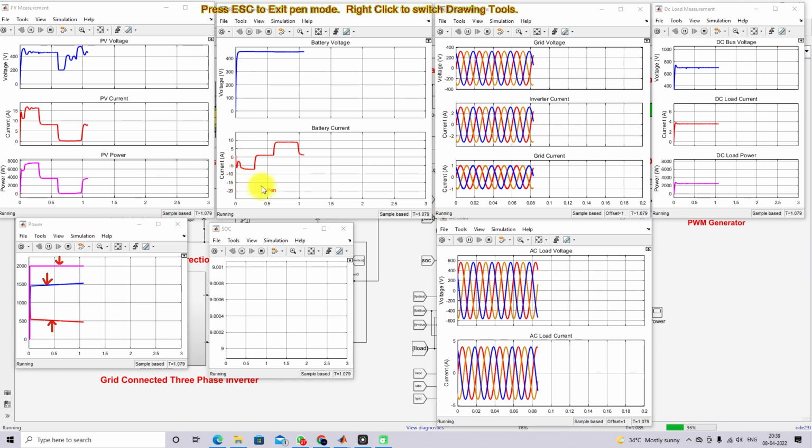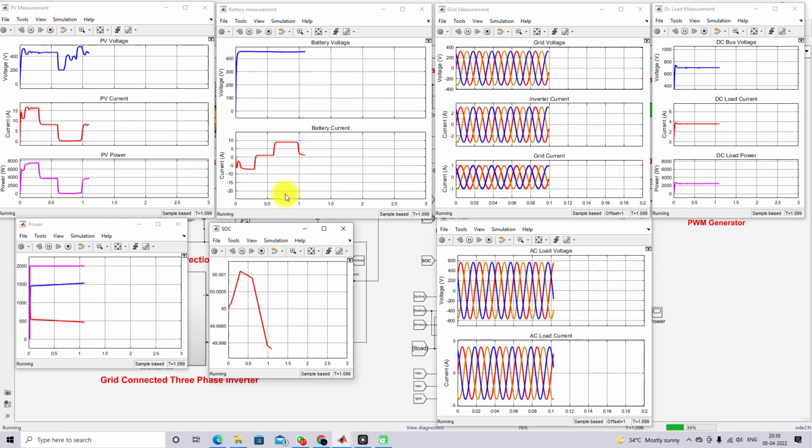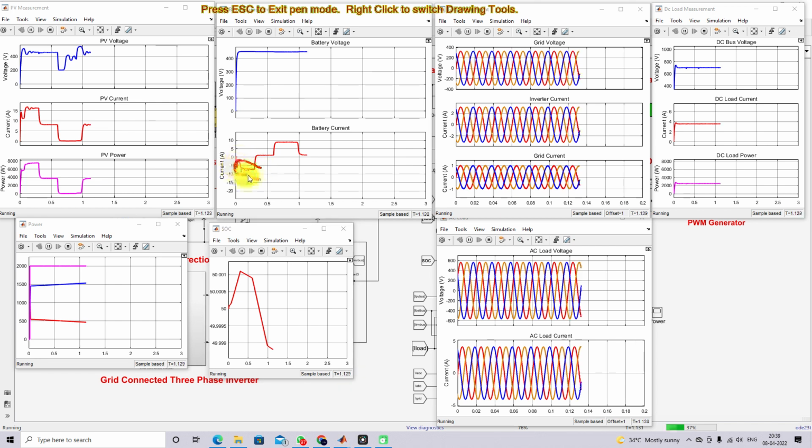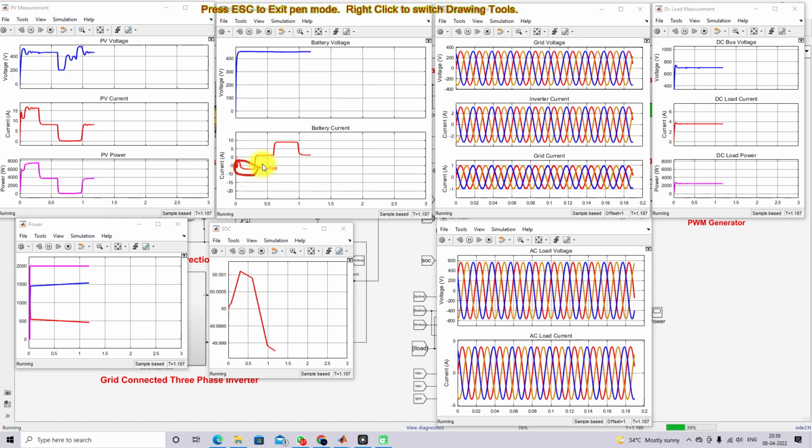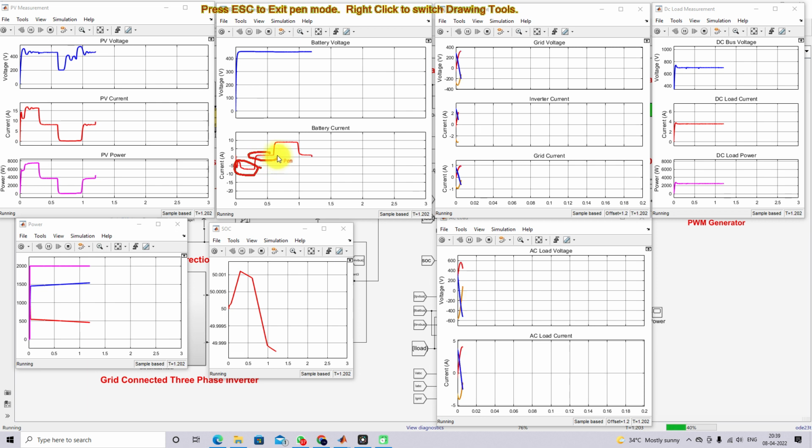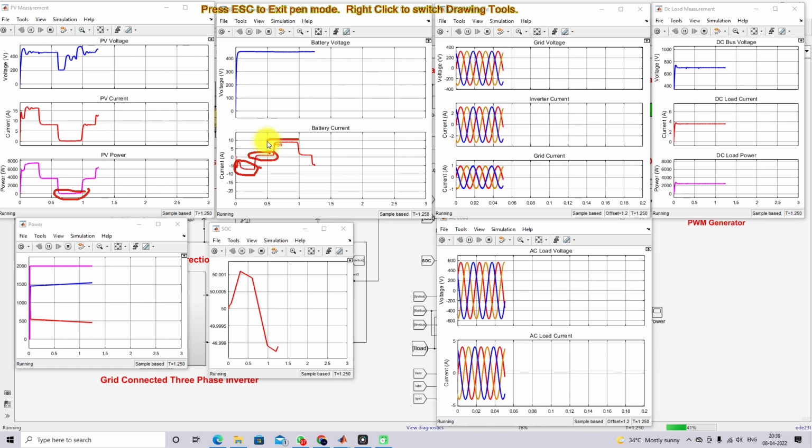Because of that, here you can see the battery, right? The battery is initially charging, and when the PV power comes to 4000 watts, it goes to discharging, and when the PV power comes to 0, it is again discharged with a higher amount of current. Okay,